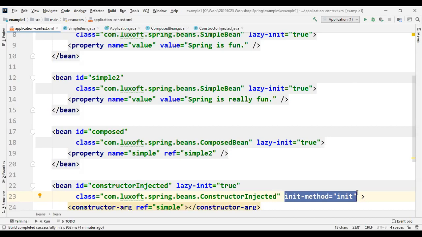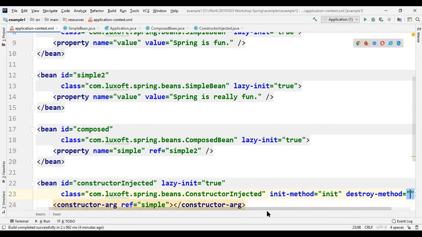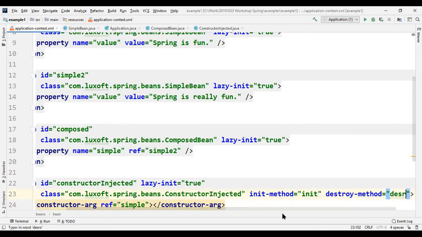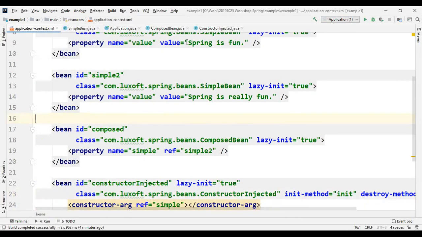What do you mean by lifetime policy? Yes. So we may have here an initialization method and a destroy method. Let's add this. And let's create this destroy method here. If we simply execute it now,